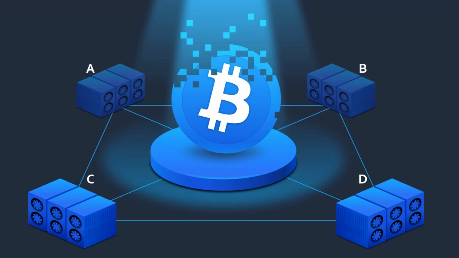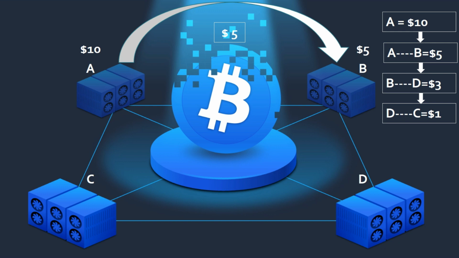Now we will understand how blockchain addresses this money transfer problem. First thing, it uses an open ledger system. For example, as you can see in the figure, we have four people who want to move their money to one another. If person A has $10 and wants to move $5 to person B, and B wants to move his $3 to person D, this is the concept of an open ledger. As you can see on the right side of the figure, this is a chain of transactions, and this is the reason it's called blockchain.